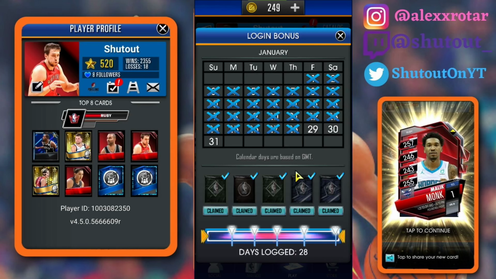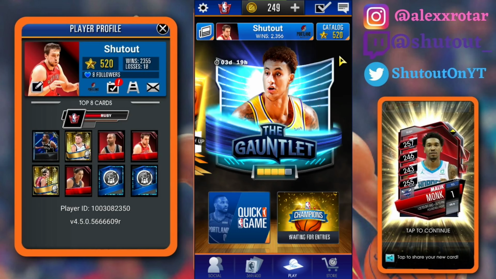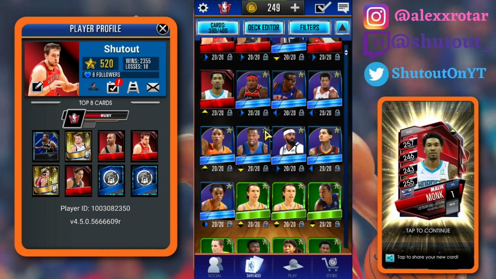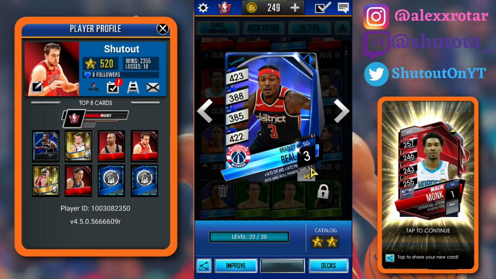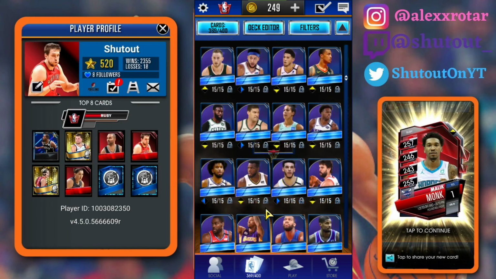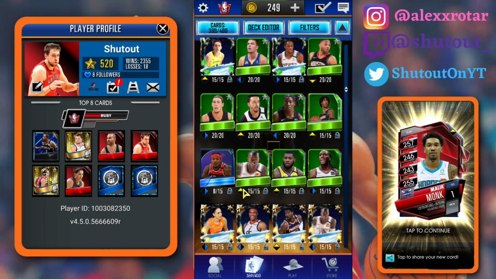All right, he's still a really good sapphire, and I wouldn't mind getting another version of him, but it's an F1. It's not a pro, sadly. As you guys can see, we already have pro Bradley Beal in my deck, so that's not really super helpful at this point. We'll go ahead and level him up, and I think that'll be pretty much it for the